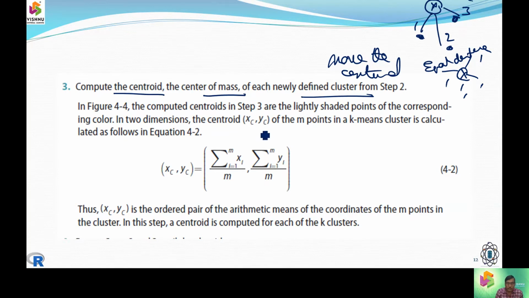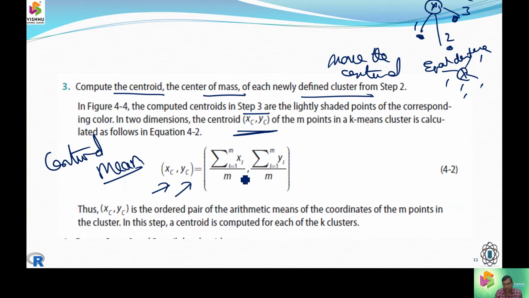So compute the centroid, and it should be between the points which is to be newly defined. So we are going to iterate the step 3 between all the dimensions until we get a better centroid to the mean value. So here we got x of c and y of c is going to be the mean, or we are going to get the centroid. So it will be the sigma value between all the x coordinates, the sigma value between all the y coordinates, and the total number of entries. And we are going to compute it for the number of k's. If k is equal to 3, I need to repeat for 3 times.